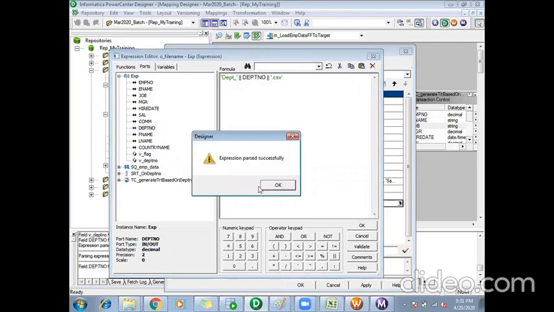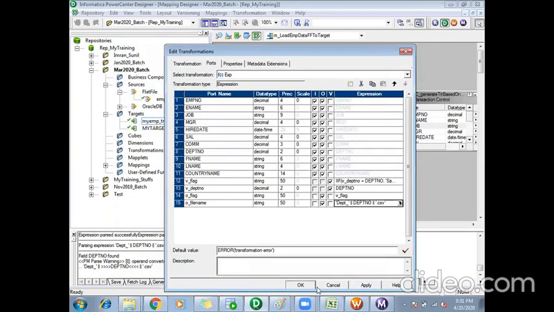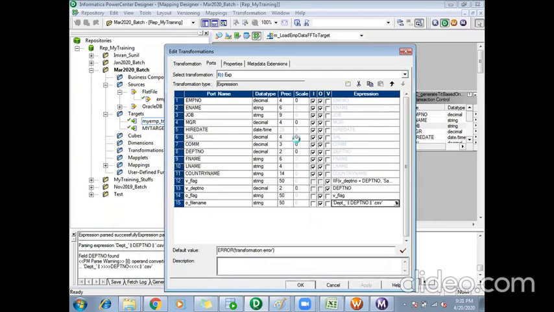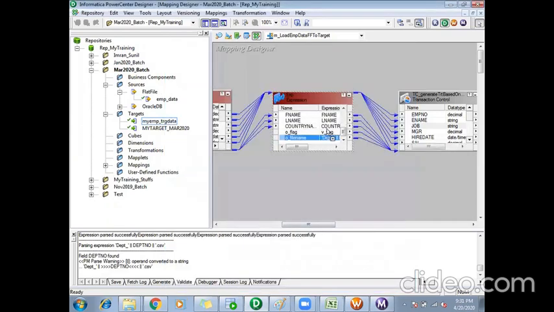Validate. Okay, this is the name I am giving for the files. I'll say apply, OK. So this file name I'll take to my transaction control, and from my transaction control I will take it to my target.